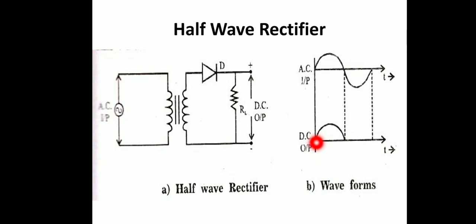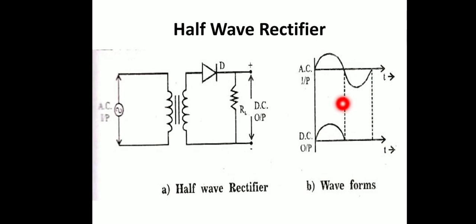So in the sinusoidal waveform, the upper half cycle represents the positive half cycle. This upper half cycle is the half cycle of output DC. In that portion, you can draw the dotted line. In that portion only a half portion is covered, so this is called the positive half cycle, and the lower half cycle represents the negative half cycle. Here is the positive and here is the negative. So this is the complete sinusoidal waveform.